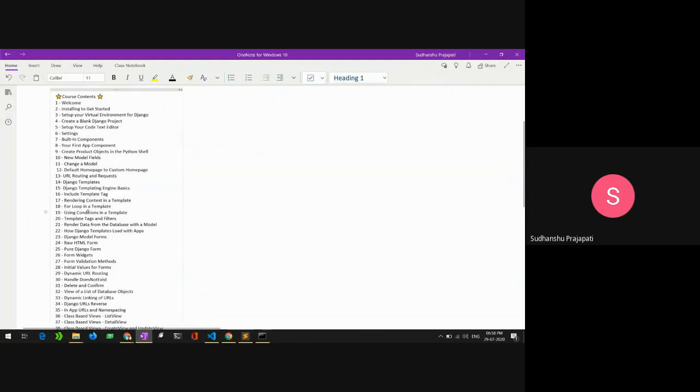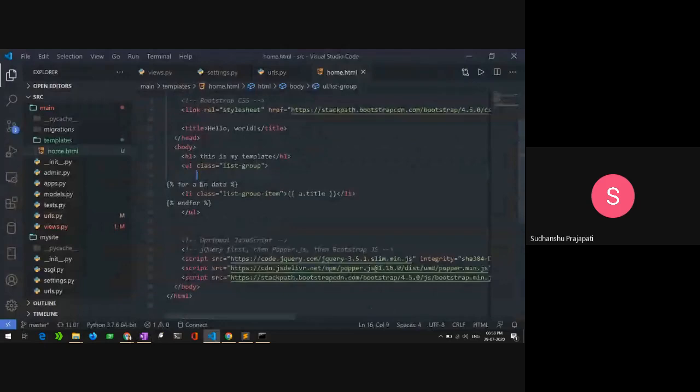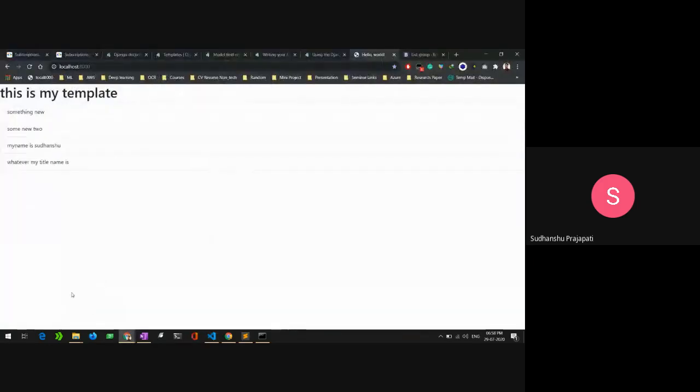And tomorrow we will be using conditions inside the template, how we can use conditions to manipulate the content. If you use a condition here, whatever part is in the else condition, if it is not true, then the part that doesn't need to be rendered won't be displayed here.